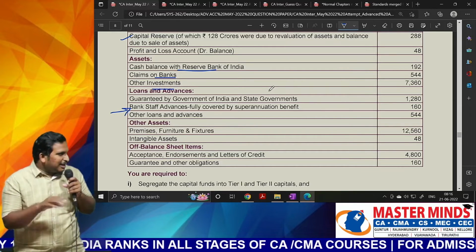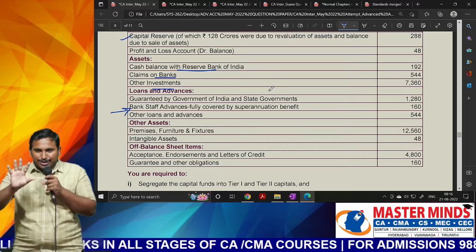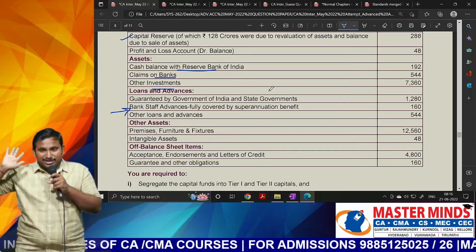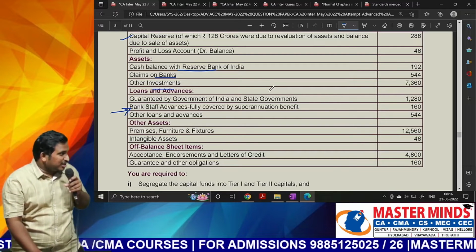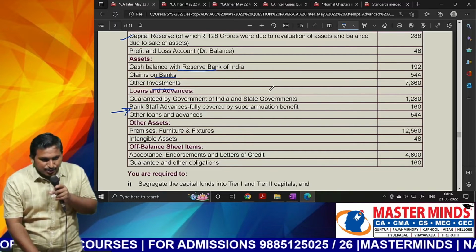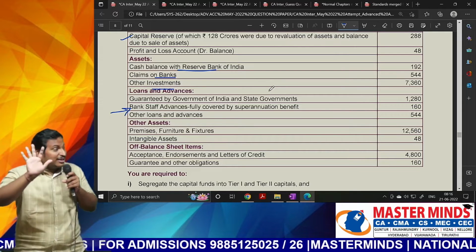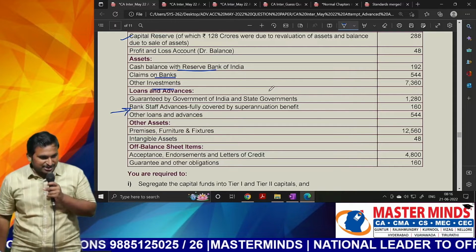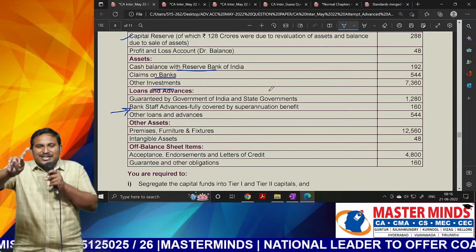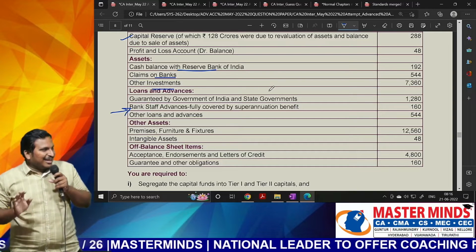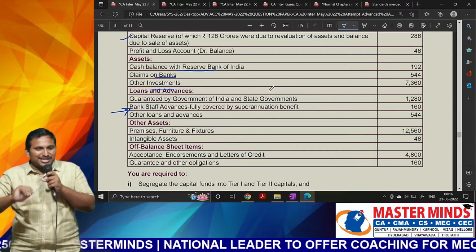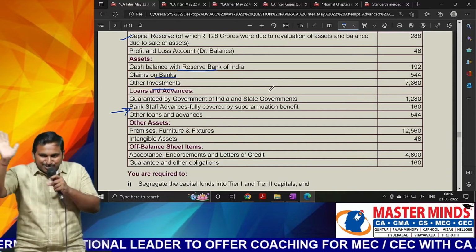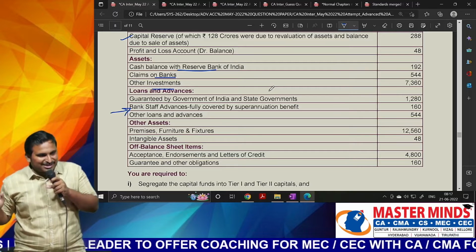Because if we start really learning that, in other words, the capital adequacy ratio provision percentages, I'll tell you, for knowing the risk percentages alone, if I open the notification, you will be having 14 pages. 14 pages just for giving you the risk percentages alone. Almost 100 to 120 classifications of assets were there, because there you might have learned simply investments in two: investments in government securities and in others, that's all. Government securities means 0, others means 100% risk. Like that you will learn.